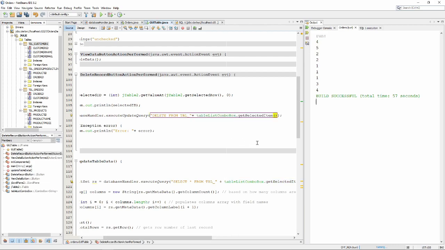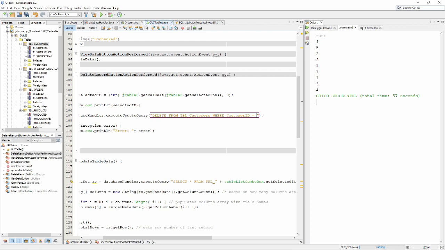But this is a little bit of an interesting one, because what you're going to have to do then is say where a particular field matches a certain record. So what I'm going to do, let me just make it just for the customers table. All right, and I'm going to show you why, and I'm going to show you a different reason that we could be doing it a different way in a second. We're just going to do it for the customers table for now, and then I'll put the other ones in a little bit. All right, so we're going to do delete from TBL customers, and then I'm going to do where customer ID